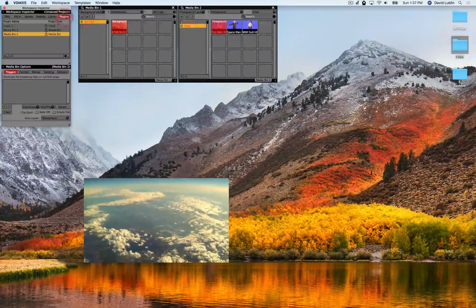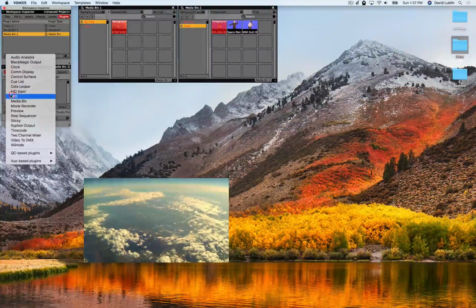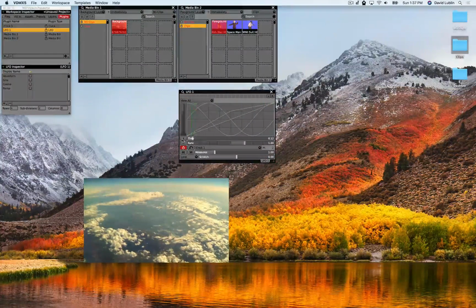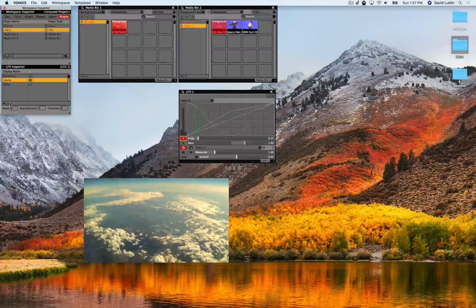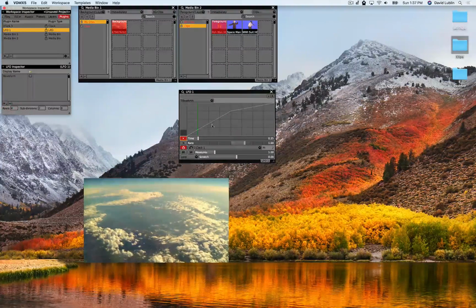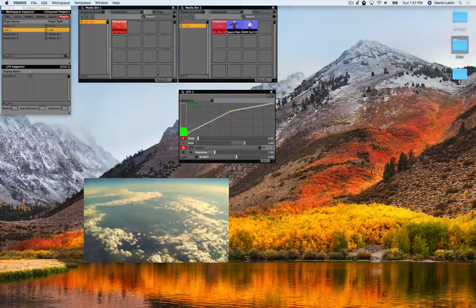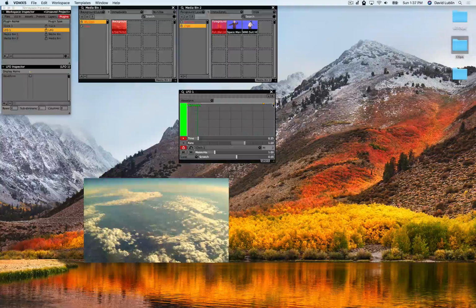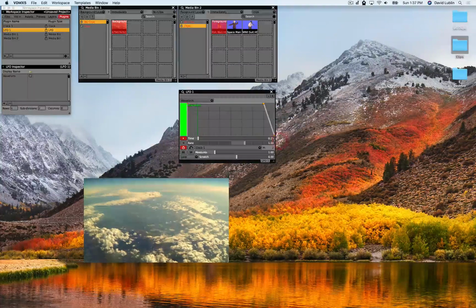Now the only thing I'm going to do after this, if I want to make it fade out, is use an LFO plugin, and I can pause it. We can get rid of some of these waves that we're not using. And what I'll do is use this to drive the opacity on that layer so we can have it fade out at the end if that's what you want to have it do. So I'll do this, make it like that,